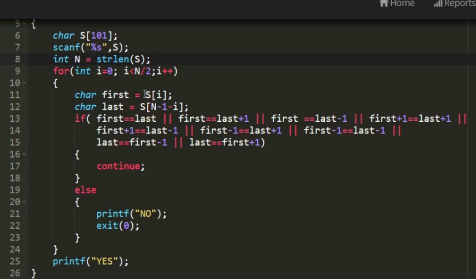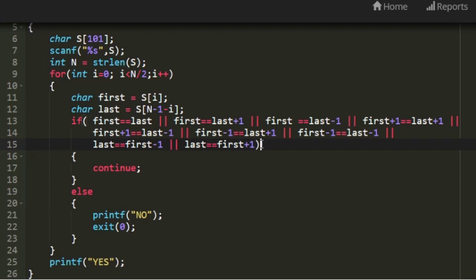In first I am going to store the character present at the particular iteration, that is S of I. And in this character last I am going to store the respective character that is present from the last, which can be determined by n minus 1 minus I. For example, if this is the first character, then n minus 1 minus I would be pointing to the last first character. If it is second, it would be pointing to the last second character. So I am storing it in character named last.